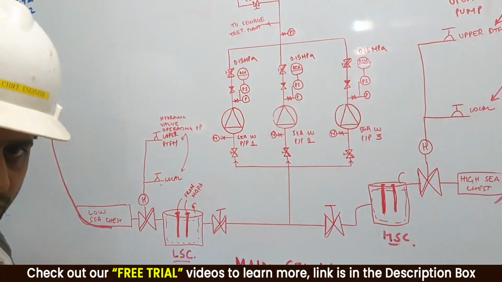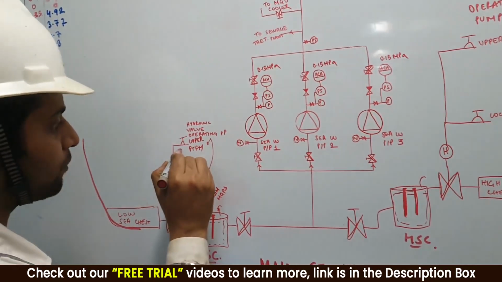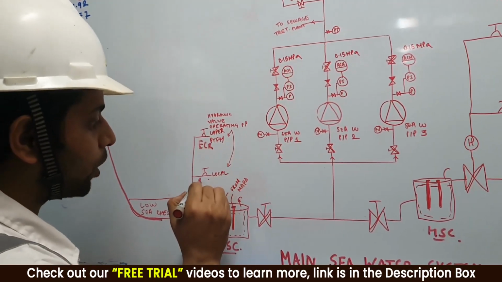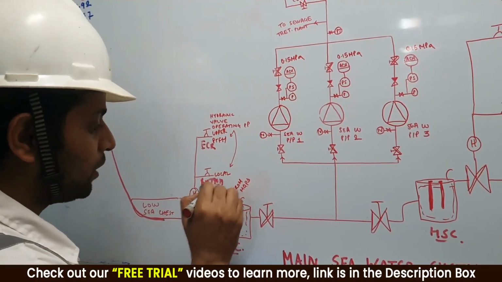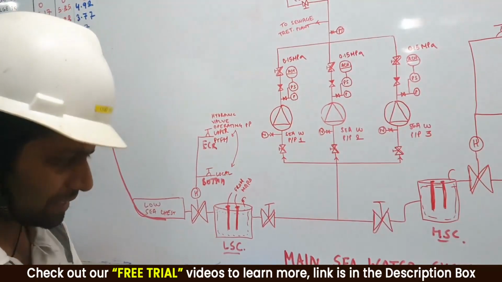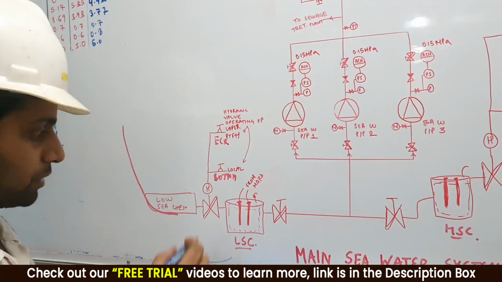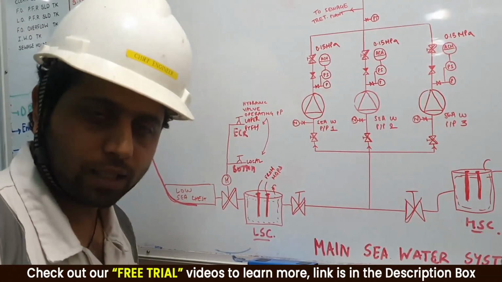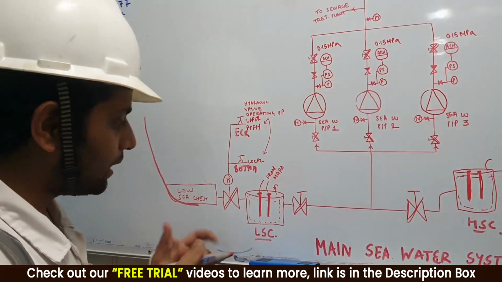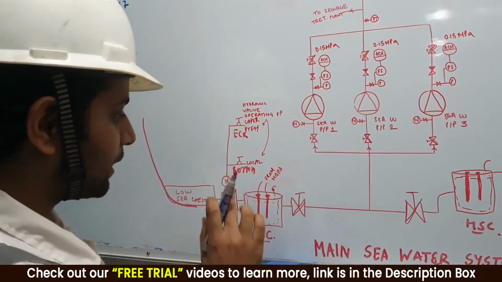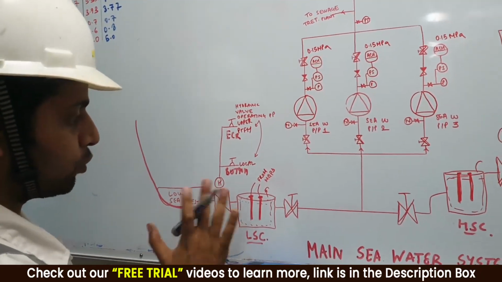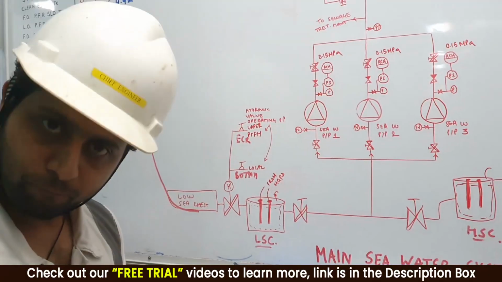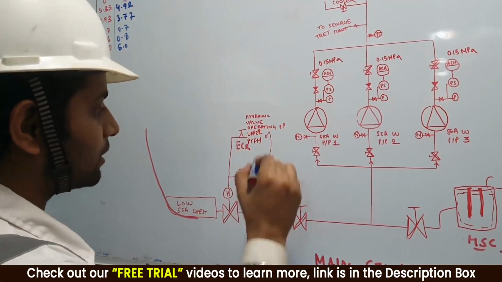I am going to show you how this valve is operated. This is on the ECR platform, and this is on the bottom platform. Any big valve becomes very difficult to operate by hand, so since they have given a huge valve, they have made it hydraulically operated. Hydraulic oil pressure will go in, and inside there will be a piston which will operate the valve with the gear mechanism. This valve is either going to open or close as you want. Copy it guys? This is your hydraulic system fitted over here.